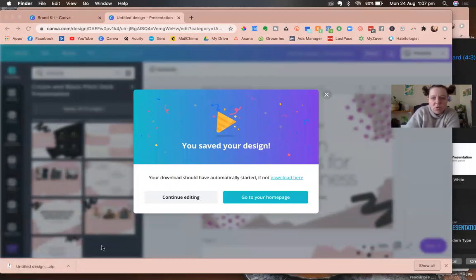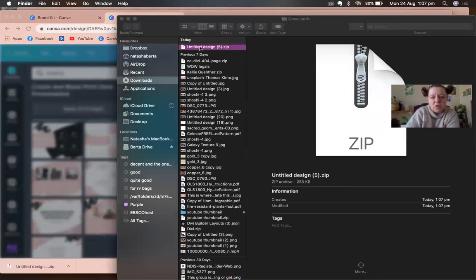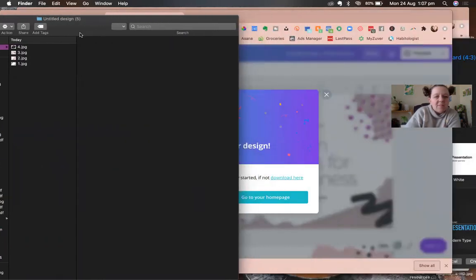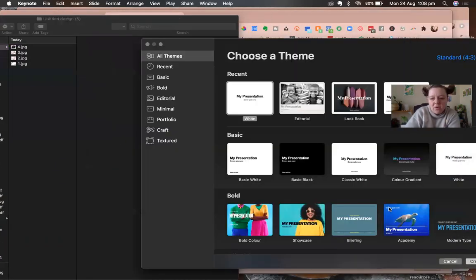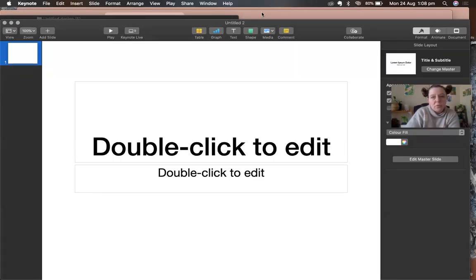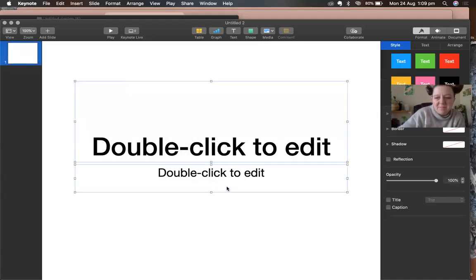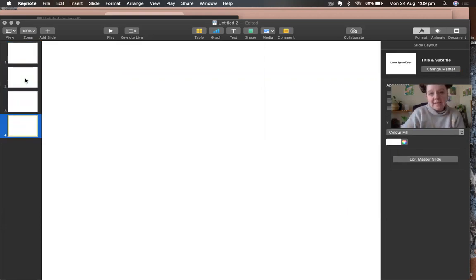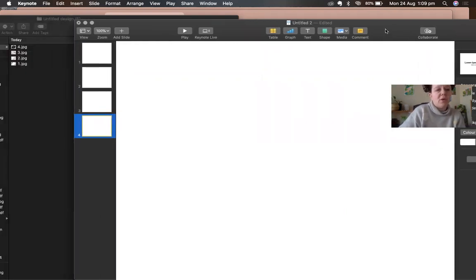Then I like to show them in the folder, and then we have to open it. And there they are, right? There's my slides, 1, 2, 3, 4. Now I'm going to just have them sitting over here. And then I'm going to get my new project going. Then I really like this to be gone. I don't want that there. And I need to populate it. So say I'm making a 4-slide one, but if I knew it was 18 slides, then I'd populate all of those. And then what I like to do is I just click on this one and I just bring over number